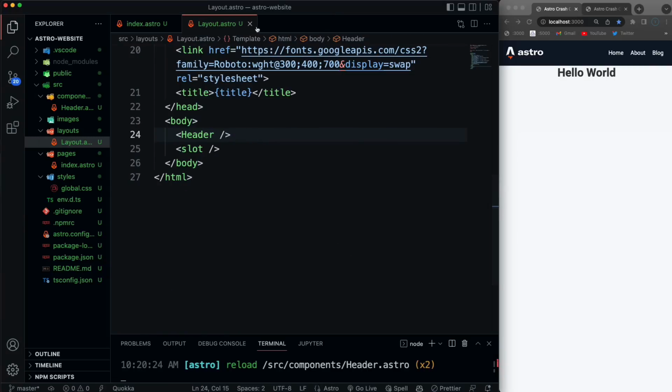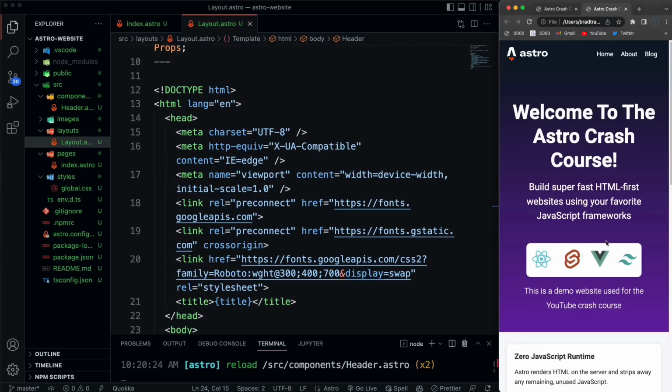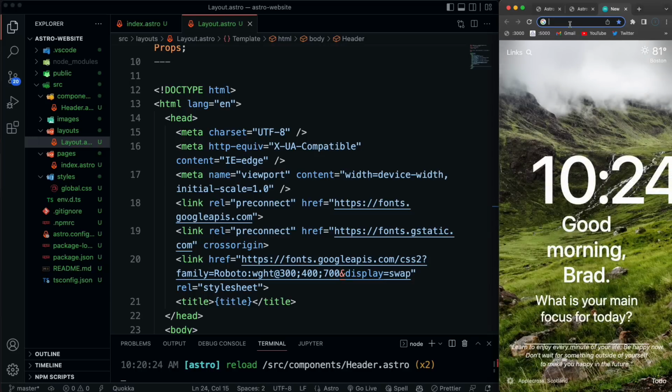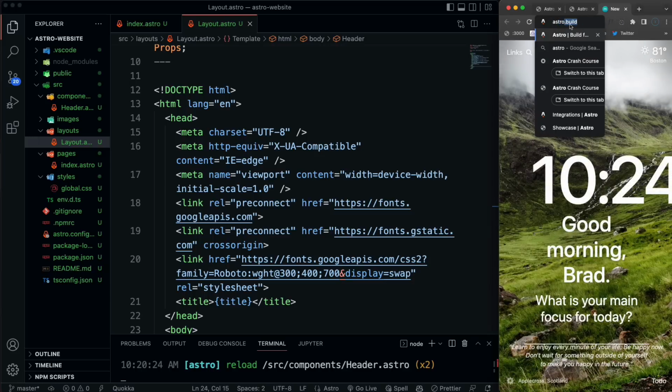The next thing I want to do is the showcase component, which is this right here. Now, before we do that with an Astro component, I want to show you how you could use another framework if you wanted to for your components. So let's go to, I'm just going to search for Astro integrations,